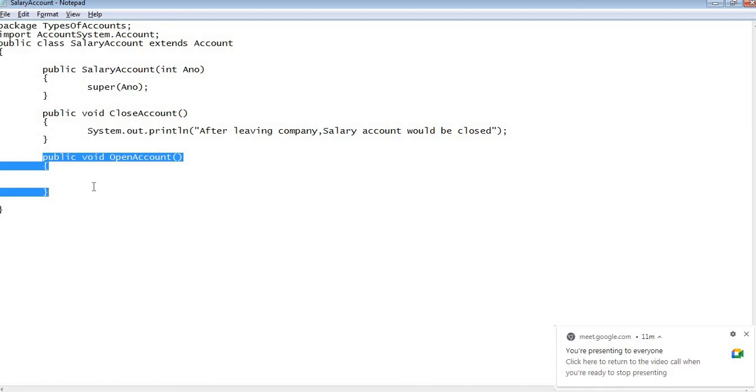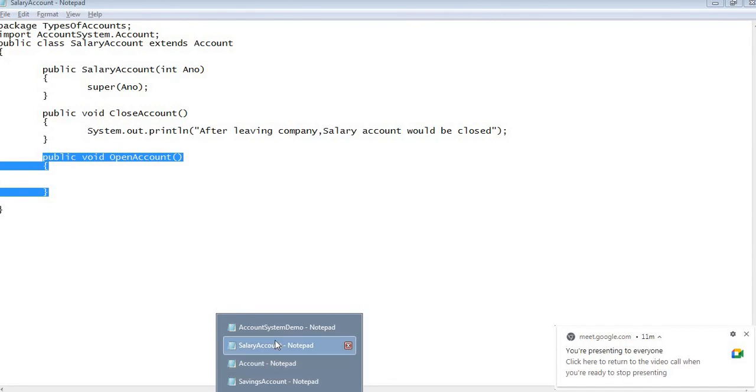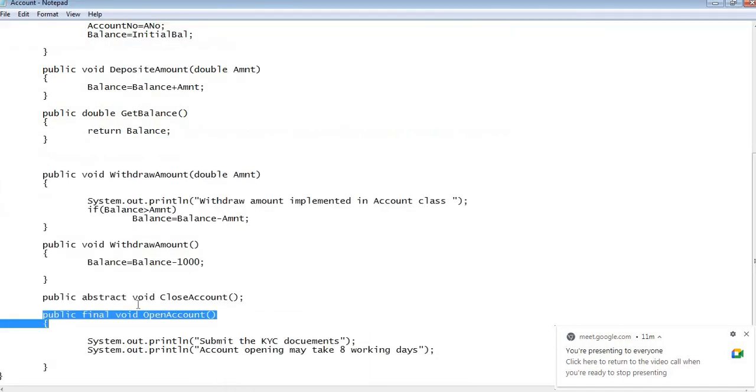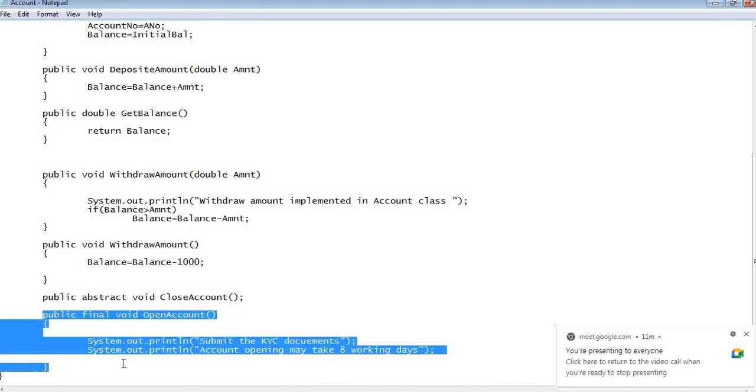It will say you cannot override the final method from the Account class. So here in the Account class, this method is final, meaning no child classes will be able to change its implementation by overriding this method. So overriding is not possible with respect to a final method.